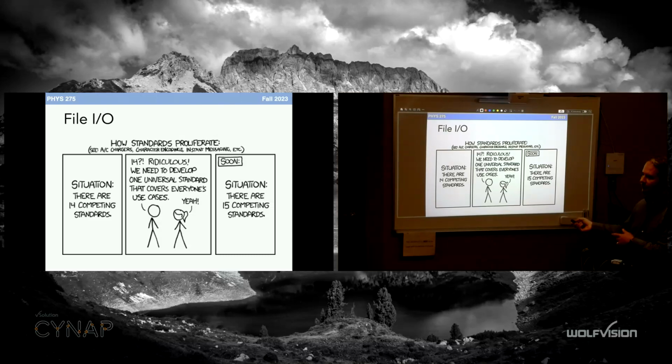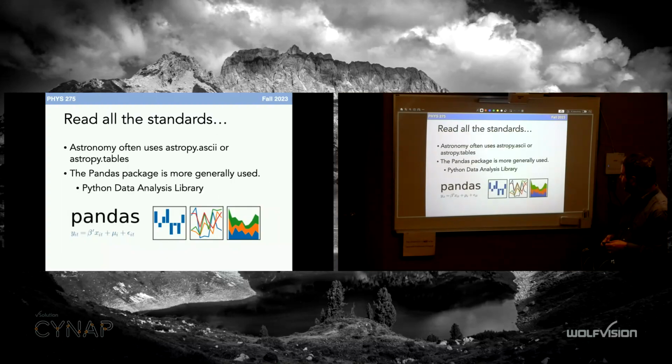It comes from a different area of computing science. I'm sure it has fantastic reasons to be great, but 15 standards, no longer. Okay, so read all these standards. So you're kind of like, okay,